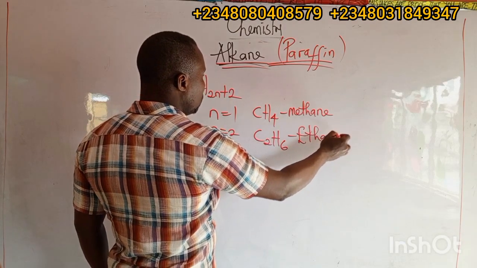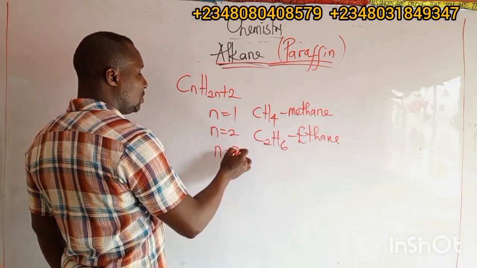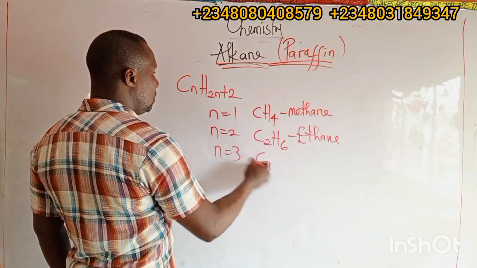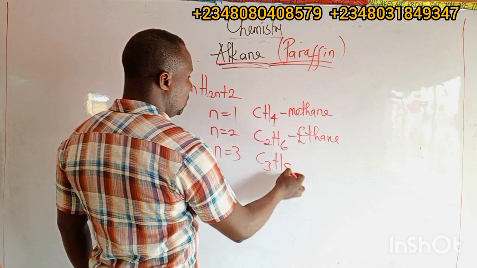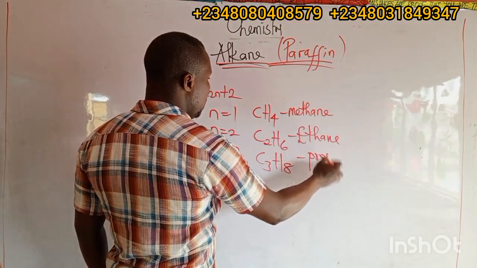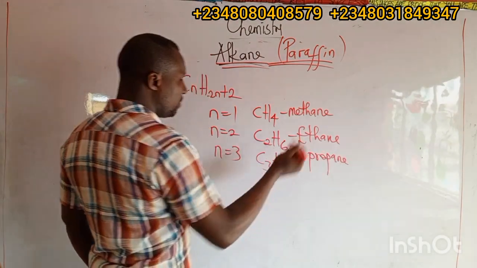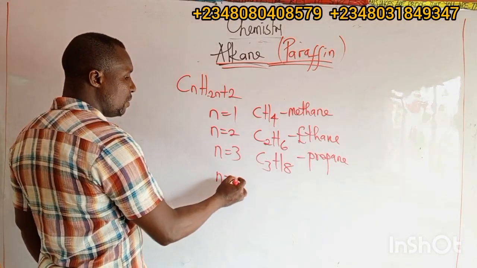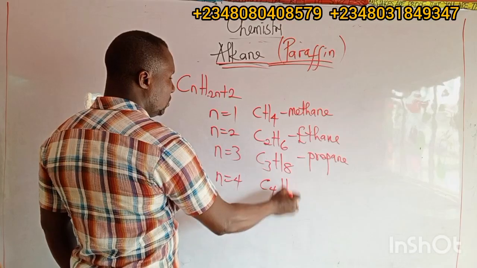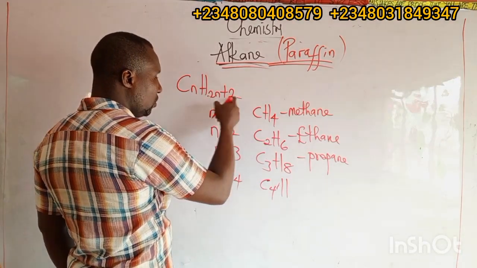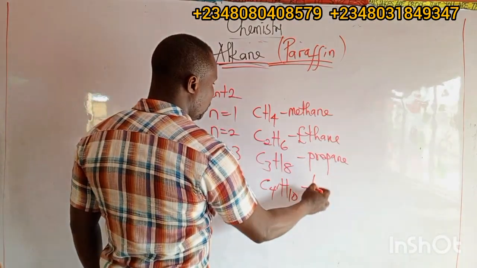Ethane. To get the third member, when n equals 3, you have C3H, 2 times 3, 6, plus 2, 8, which is propane. Then from here, you can get the fourth member, C4H, 2 times 4, 8, plus 2, 10, which is